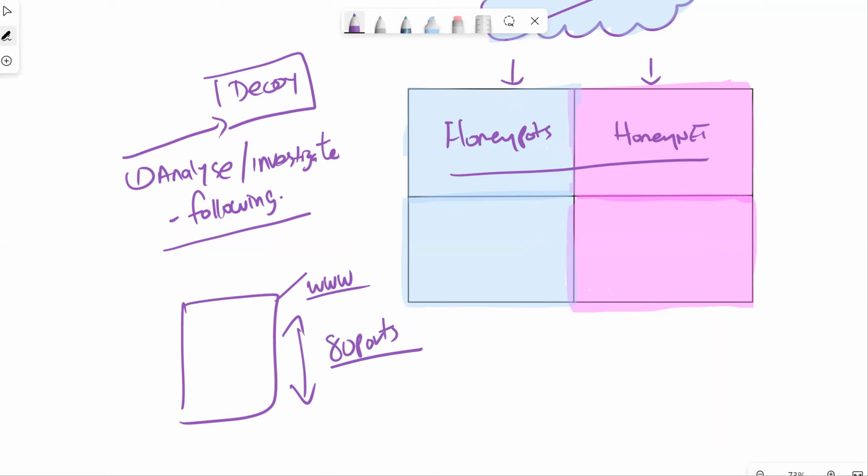Now, with these 80 ports, if there's a seasoned attacker perhaps, and we've got maybe 1,000 ports that we've just kind of opened up and made this look really like a decoy machine, well, maybe there are components out there that can quickly define if this is a honeypot or a honey network, and obviously we're not going to attack that. However, typically in most environments or in most infrastructure, you can spin up enough ports and services on that host just to make it look like a decoy or just as legitimate as